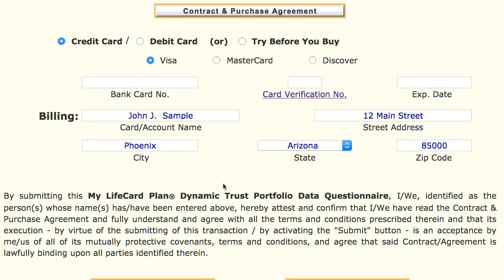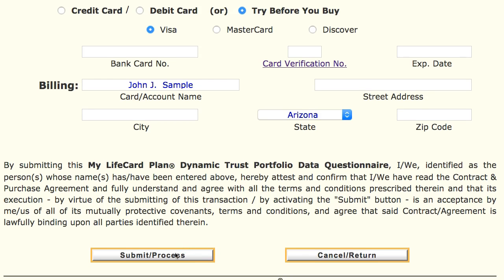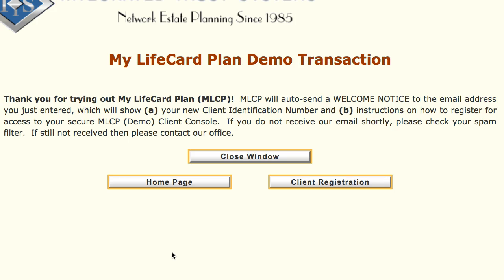You can now select your payment choice and enter your credit card or debit card info. You may also click on Try Before You Buy and defer payment for 3 days to review all your documents. When done, come to the very bottom of the page and click on Submit Process. This will take a few seconds and bring you automatically to the next page. Here we will have several choices and we're going to select the client registration button. Now you click on the client registration button